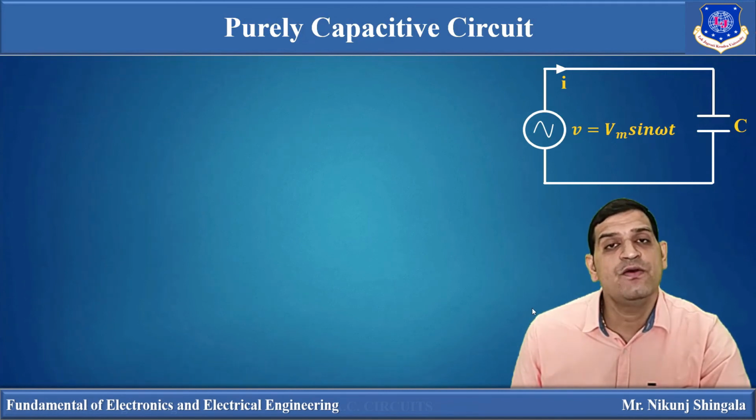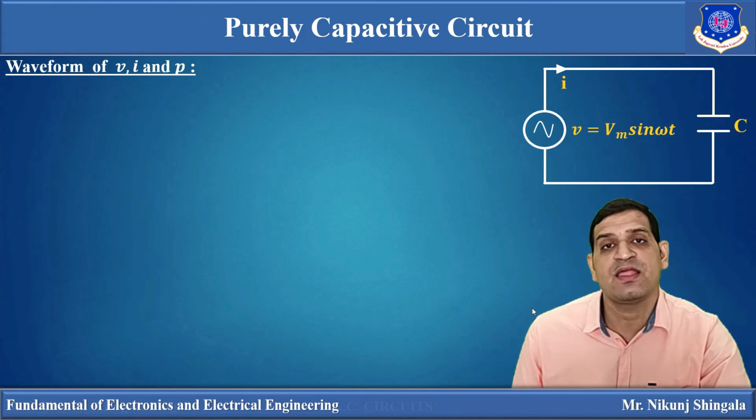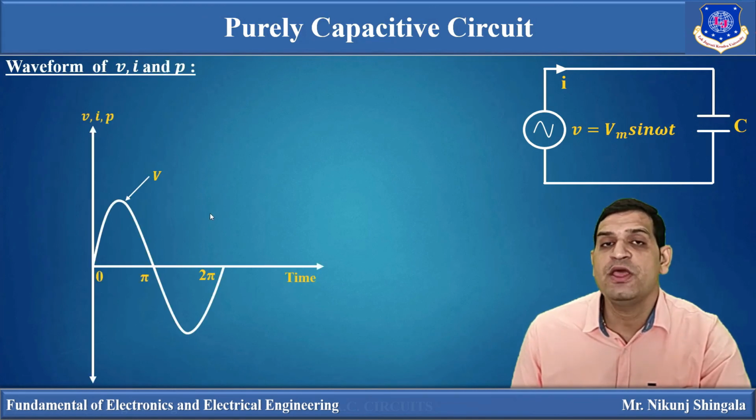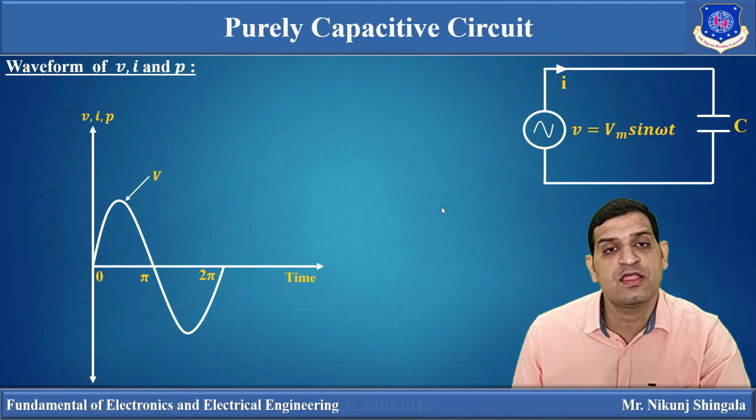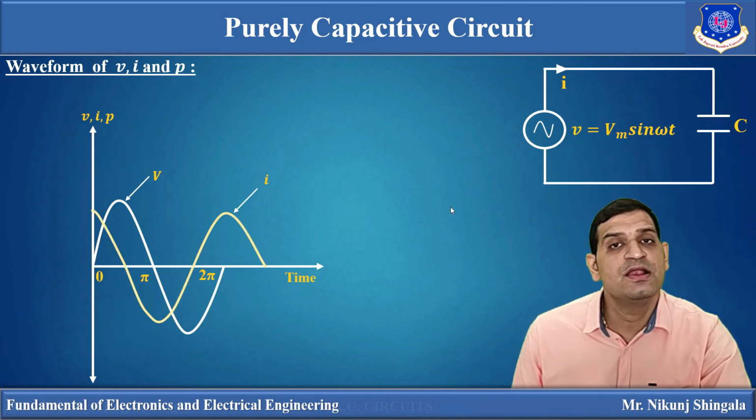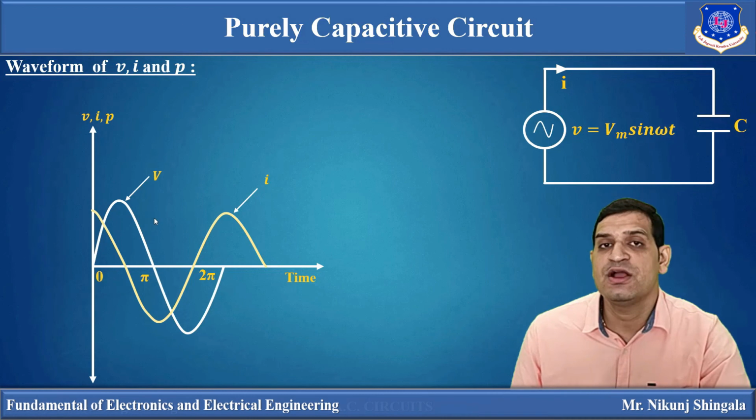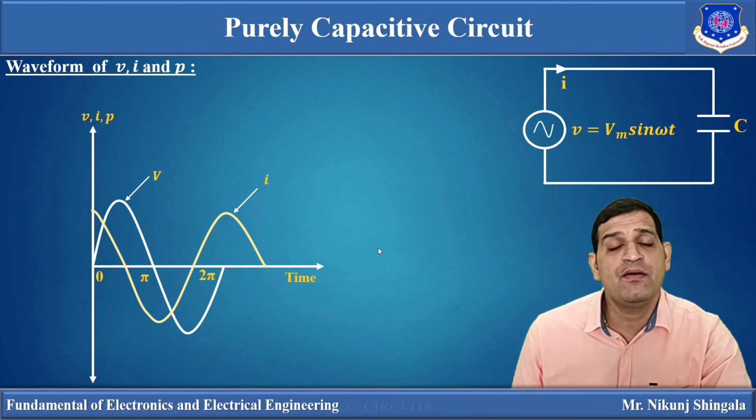Now drawing the waveform of voltage, current and power simultaneously. This is the expression of voltage, which is taken as a reference. Current in this case is leading the voltage by pi by 2, meaning current attains its maximum value at 0. So first voltage is drawn, which is taken as a reference, and with respect to that voltage waveform, you have to draw the current waveform. Now to draw the waveform of power, we have to take the instances. Between 0 to pi by 2, voltage is positive, current is positive, so the product will be positive, so the waveform will be in the positive direction.